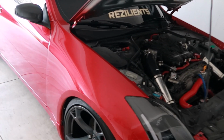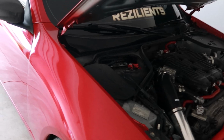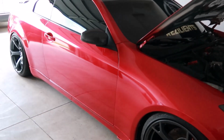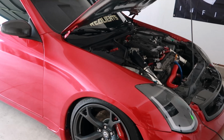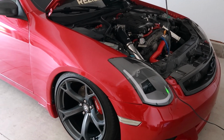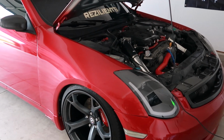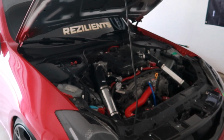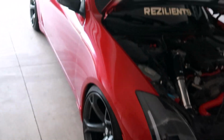I took it to get tuned. I know some of you should know that if you've been keeping up. Took it to get tuned, and we came across a couple of things that we need to figure out before we even think about getting it tuned. So starting with